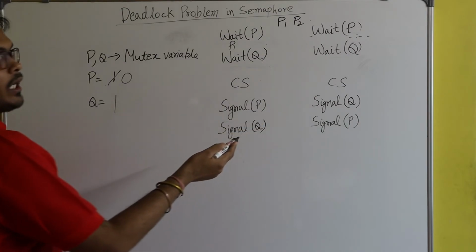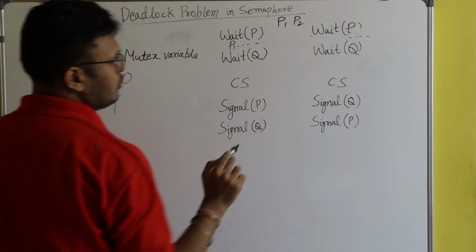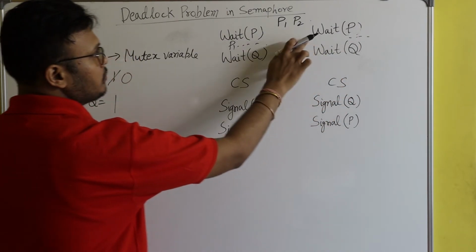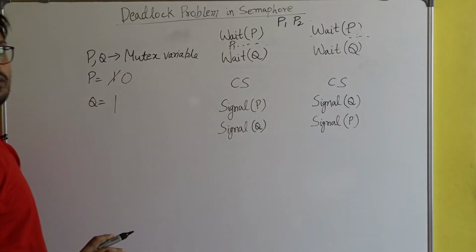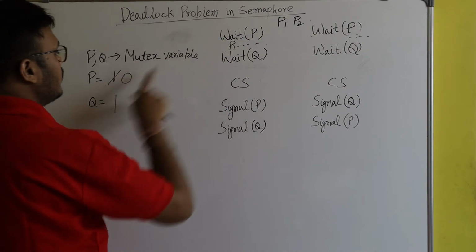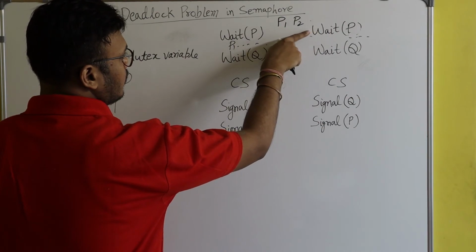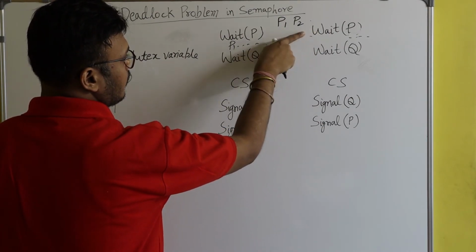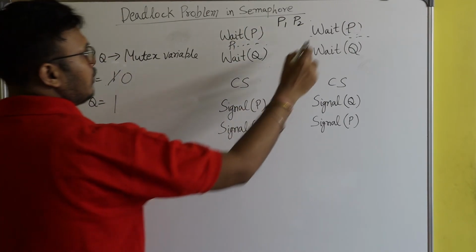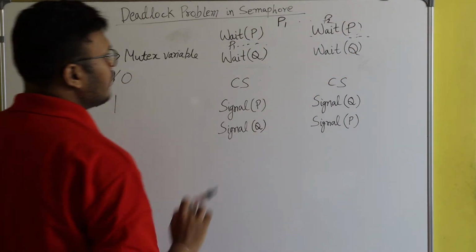So suppose context switching happened at this point, and now CPU is given to process P2. Okay. So process P2, in order to get the entry inside the critical section, will execute this line. Fine. So let's see. Here you see the value of P is 0. Since the value of P is 0, process P2 can't come here. It will not let process P2 come here. Fine. So here process P2 is blocked on wait P. Why? Because the value of P is 0.